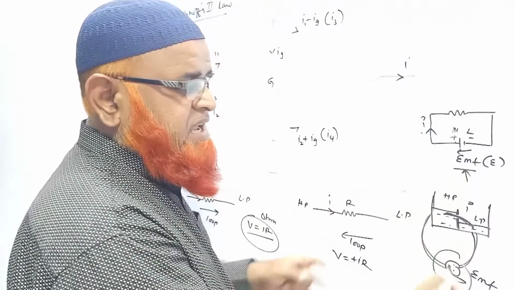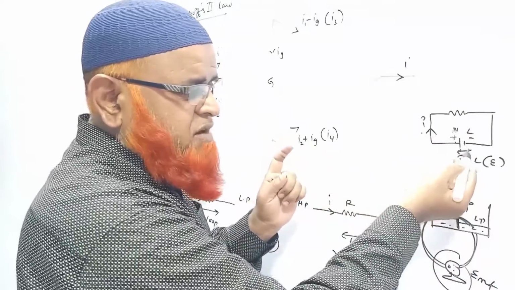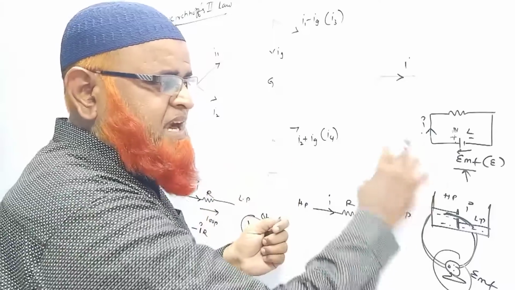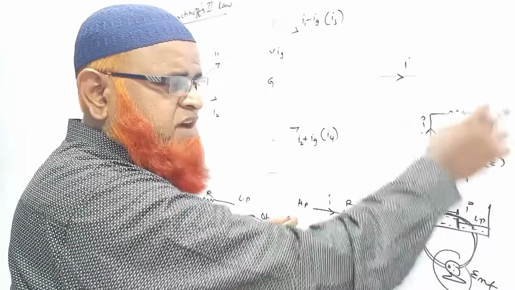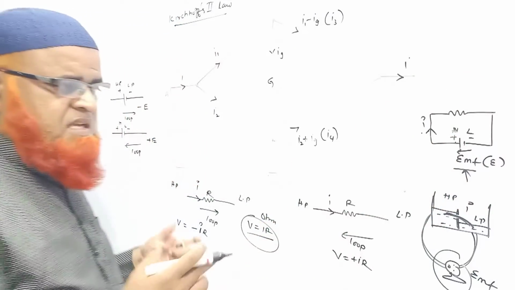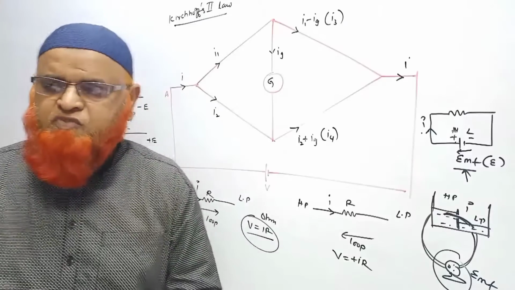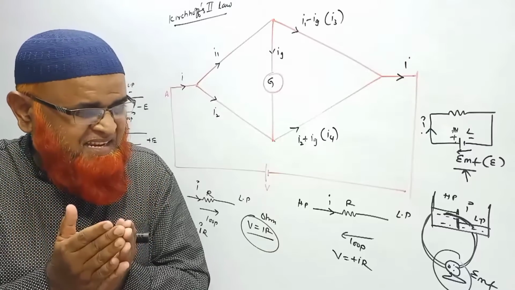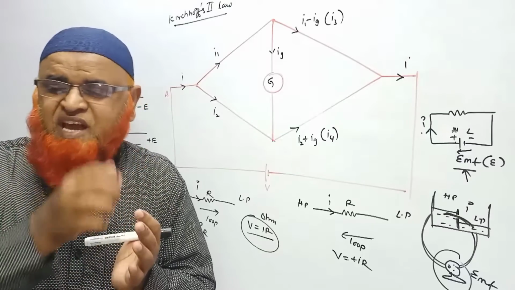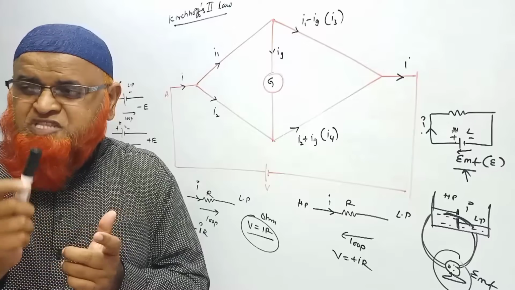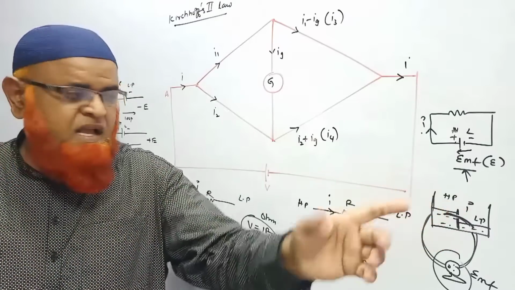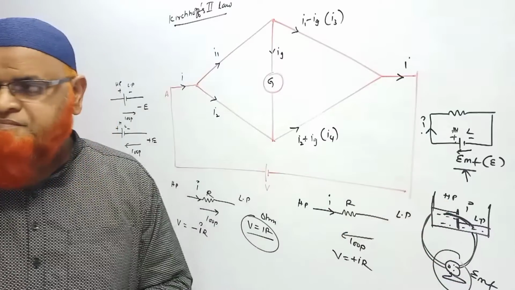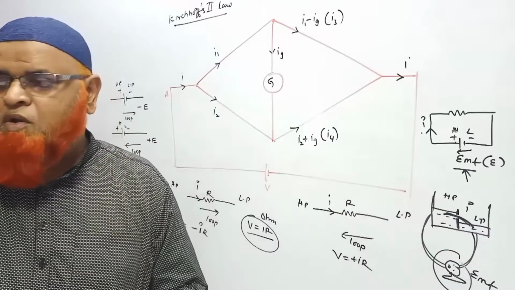Inside the battery, current has to move from lower to higher. That's why it needs some work to be done. And outside the battery, current comes from higher to lower, isn't it? That is called electromotive force. What is the meaning of electromotive force now? Electromotive force is the work done on the charge carriers to push them from lower to higher, just like a motor will do the work to push the water from lower to higher. Water will come by itself from higher to lower.